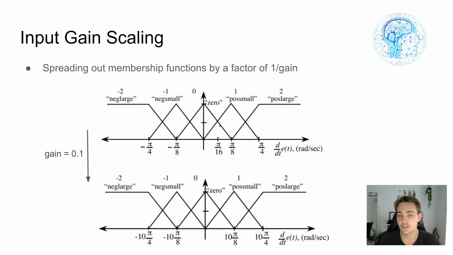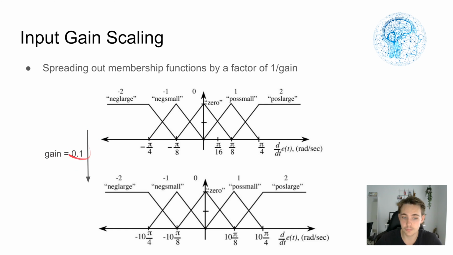And in this case, it's the factor of 1 divided by the gain. So here we have our fuzzy set and our membership functions set up, where we have negative large, negative small, zero, positive small, and positive large. If we want to spread out the membership functions in some different situations, we can just apply a gain here like this,